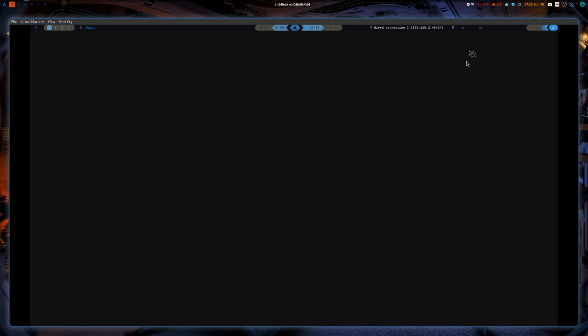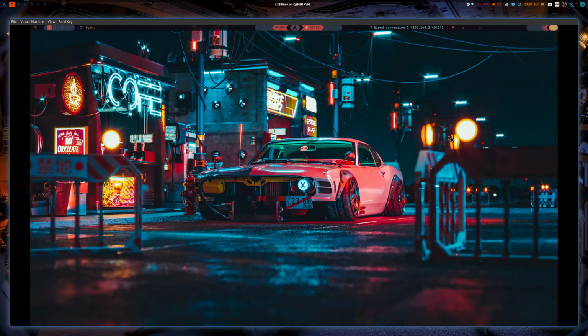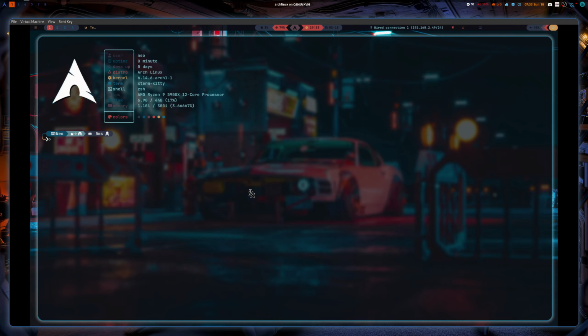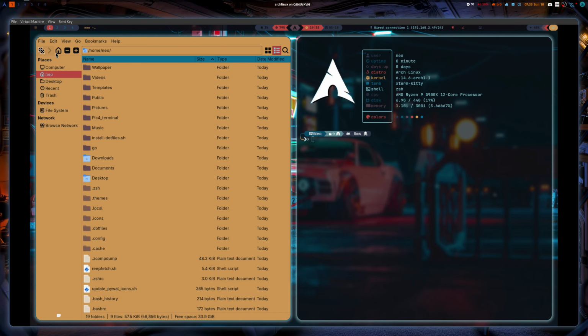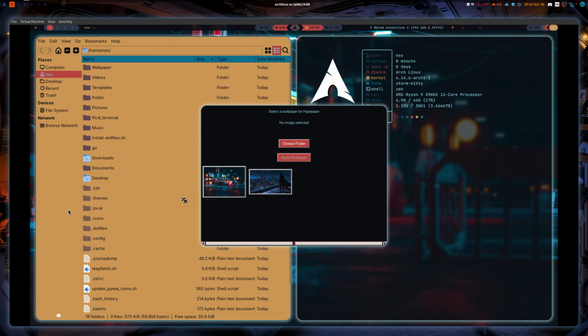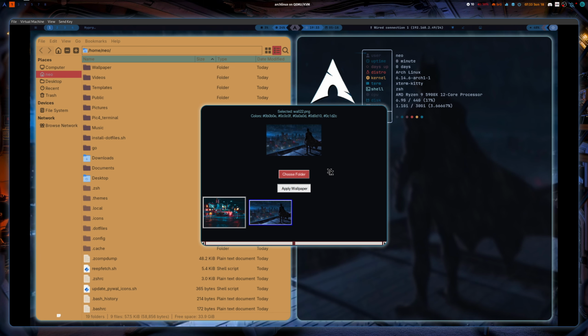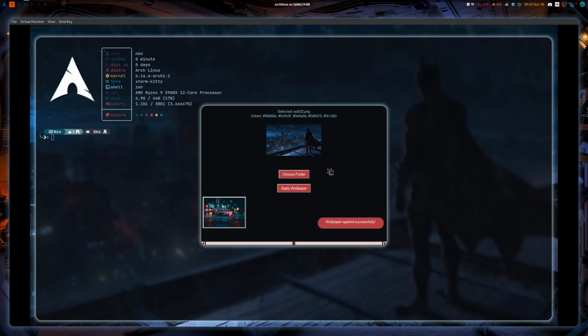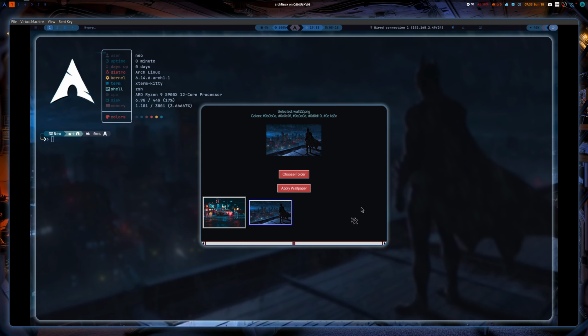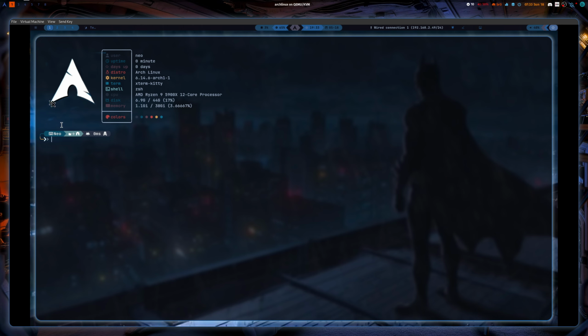All right, so we need to get a wallpaper loaded in. There we go. Let's have a look. There we go. Icons are changing. File manager's changing. We've got the wallpaper app working. Fingers crossed. Yep. I think things are still kind of loading here. Things are slow to roll, but